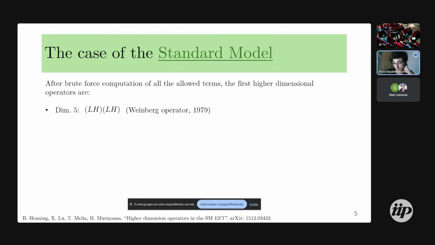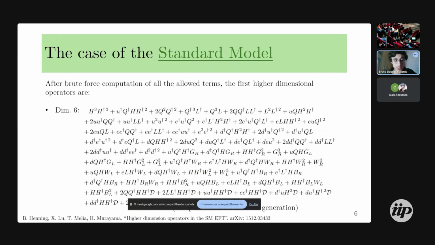And Weinberg was the first one, as far as I know, to do this, and he only found one operator at dimension 5, which is called the Weinberg operator. And it's funny because it's the leading order higher dimension operator, and you can give mass to Majorana neutrinos like this using this higher dimension operator. And you can also go to the